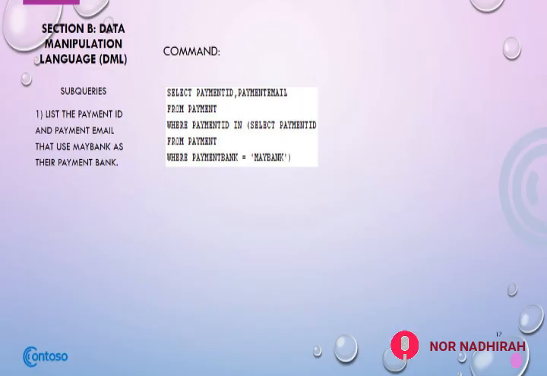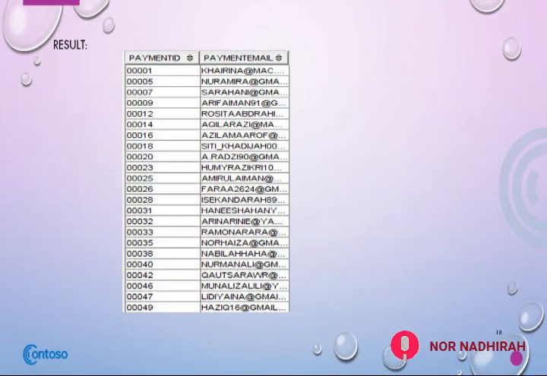The third is subqueries. The first question is, we need to list the payment ID and payment email of the customer that use Maybank as their payment. So the command is select payment_ID, payment_email from payment, where payment_ID in select payment_ID from payment, where payment_bank equal to Maybank. So the output is